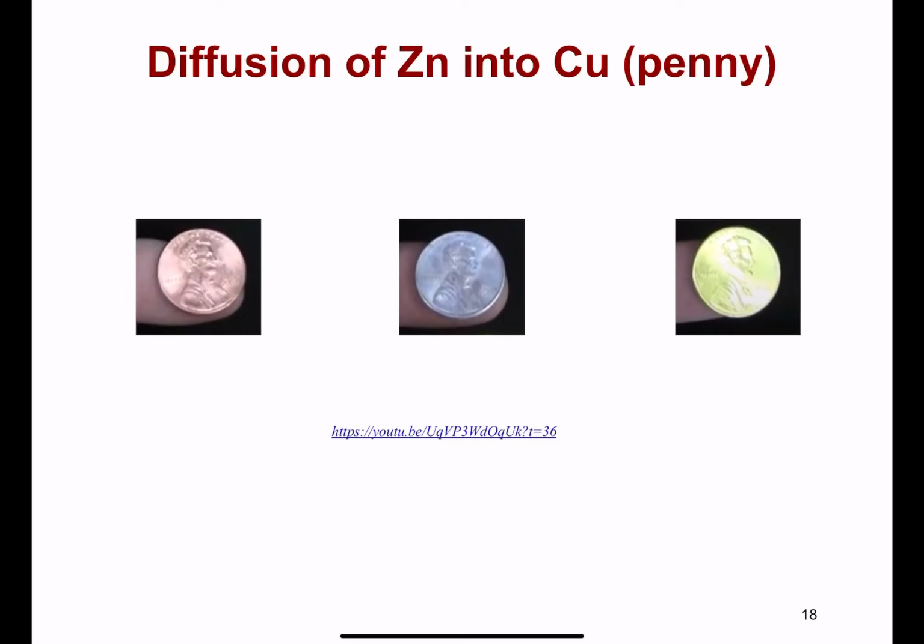So at left we see a copper penny that we begin with. You can see through the transformation that this copper penny is going to end up looking less coppery. It's going to look more silver-like. And I use the term silver to describe color, not actual chemical composition. We're going to see in the video here that this is going to be transformed by way of a zinc sulfate,